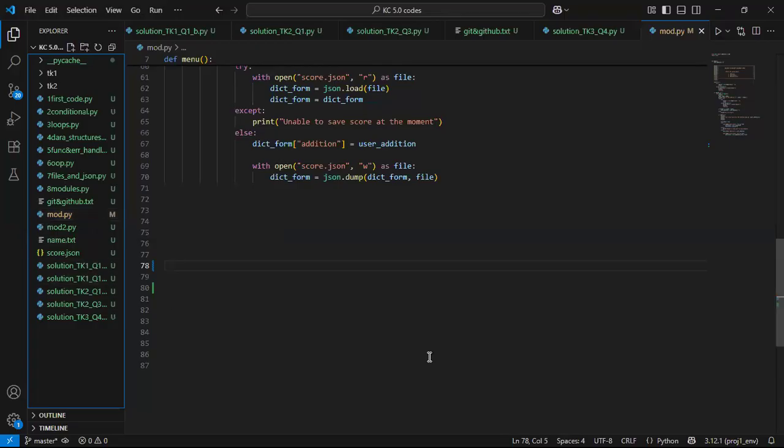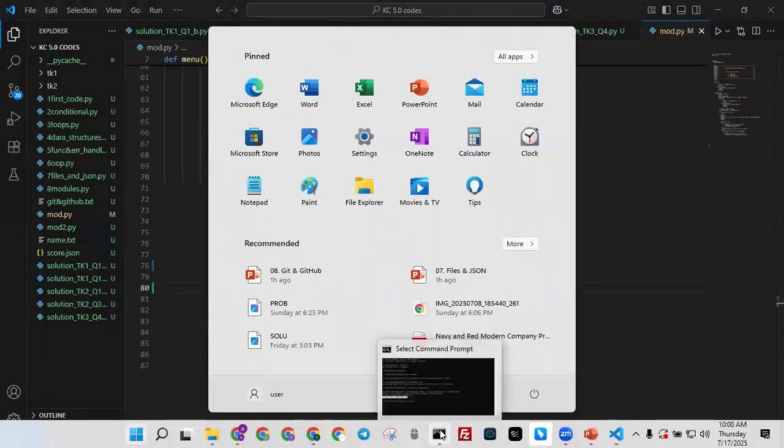But every other green file is like a new file that has been added to Git, so Git is yet to be aware of the changes that occurred in that file. So far, the only file that it is aware of is our mod.py. So even if the last thing is a space, it keeps track of it. That's the beautiful thing about Git, right? And then I can simply go back and commit that change,